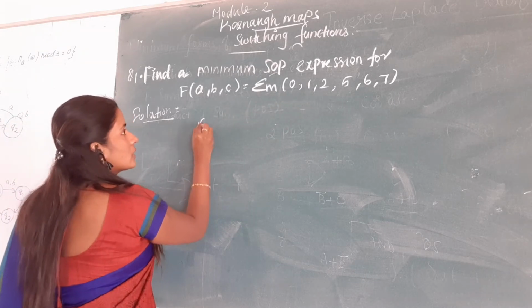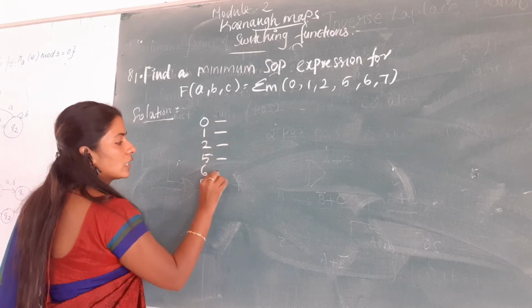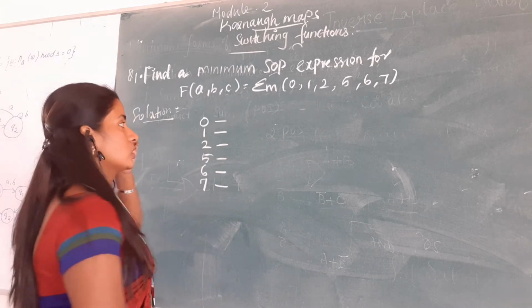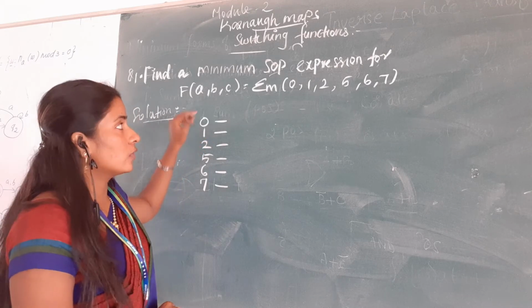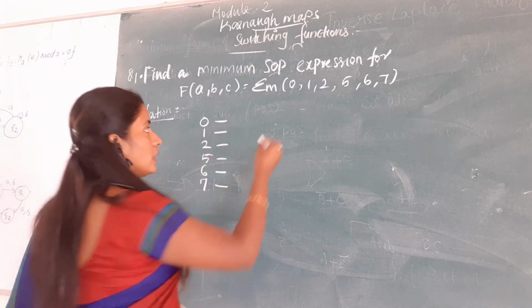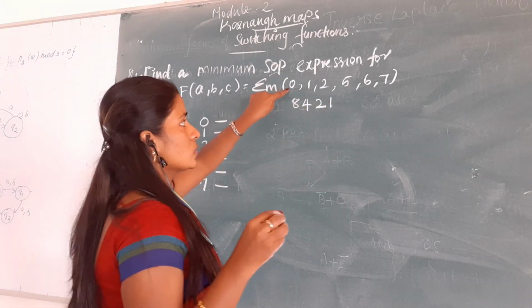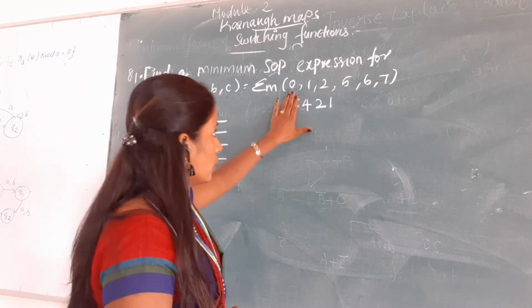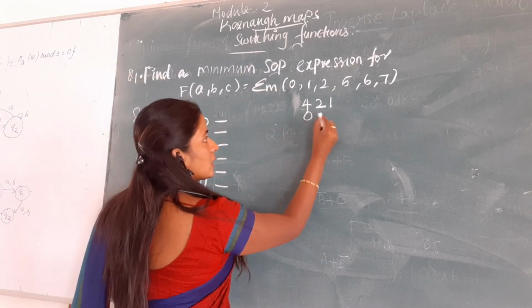So first I have to convert 0, 1, 2, 5, 6, 7. This is basic, so only in this question I will explain this. From the next question I won't explain this directly; I will write the functional form. In the last class I explained how to convert these values to binary values. We will use the 8, 4, 2, 1 code. This is only a three-variable function, A, B, C, so we need not write the 8, only 4 to 1. So 0 means everything should be 0.